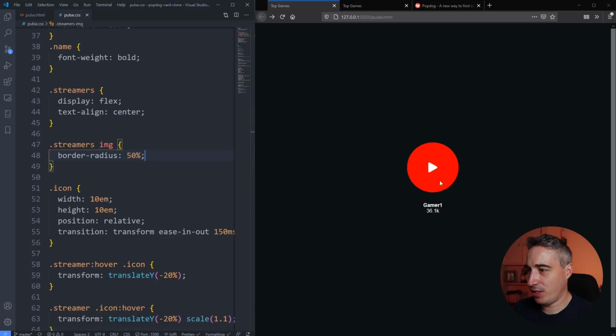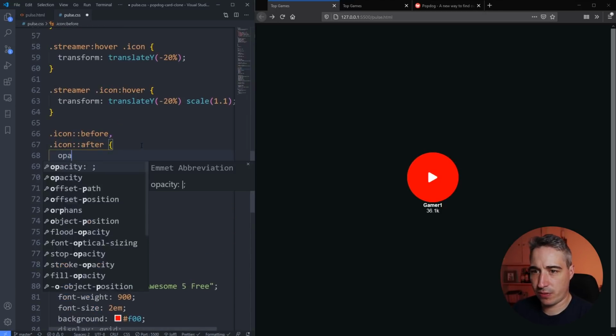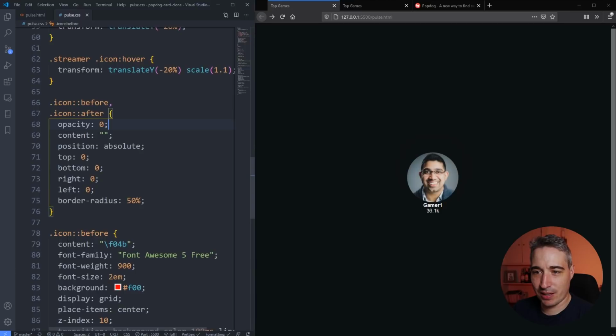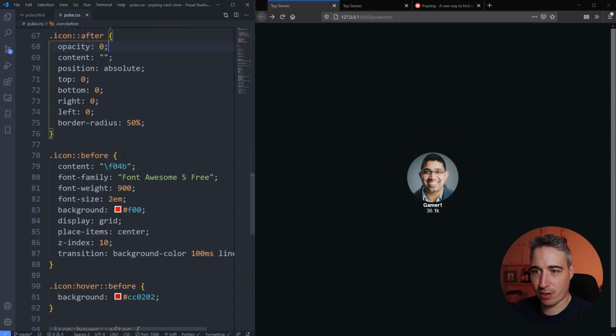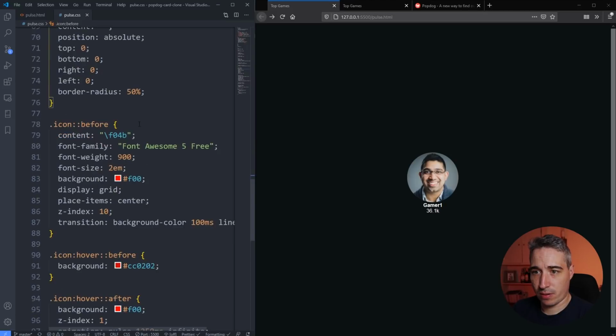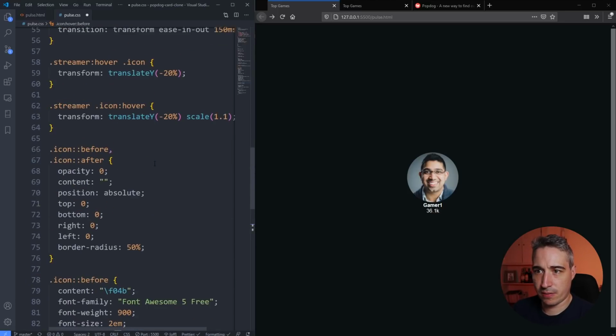Okay, so the last thing we need to do before we try and get this to actually work on the real site is, I just want to make it so we don't see this icon all the time. For that, we'll have to do an opacity of 0, so it's like that. But then when we, look at that, that's kind of cool. So then when it's opacity 0, and then my before on hover, we'll get in, no, not here, icon,